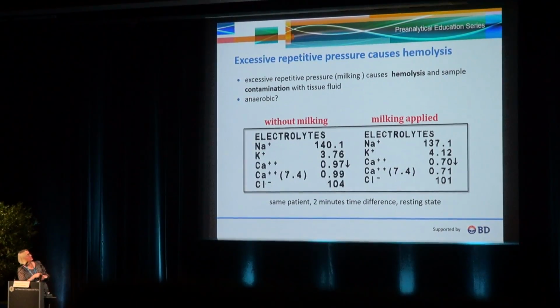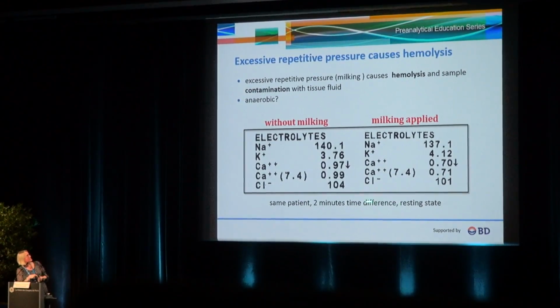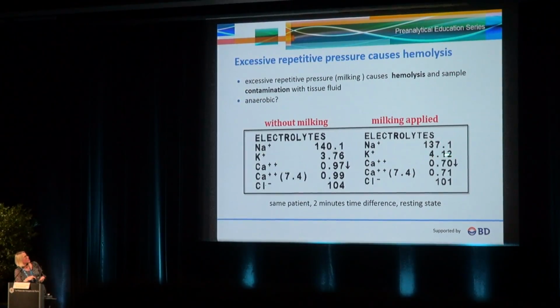probably have hemolyzed sample. And this is again a case of a same patient with only 2 minutes time difference in a resting state. Actually, one hand was arterialized and the other hand was not arterialized, so you had to apply excessive milking to obtain a sample. And if you look at the potassium in the sample obtained without milking, the potassium is 3.76, and if you look at the potassium when milking was applied, then you have a much higher potassium concentration and much lower calcium due to the sample dilution caused by